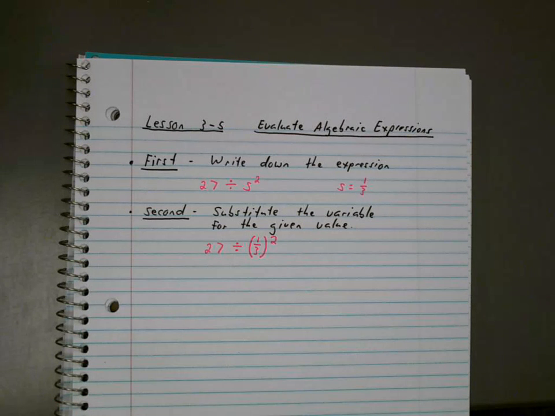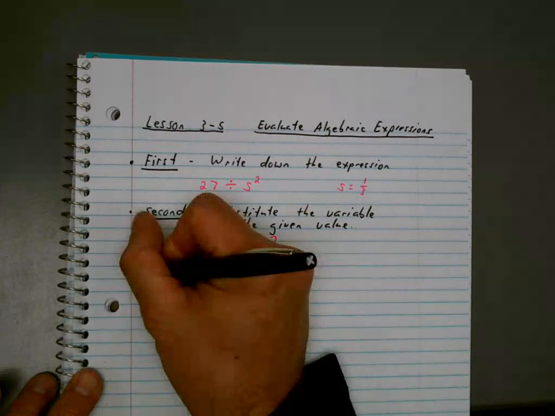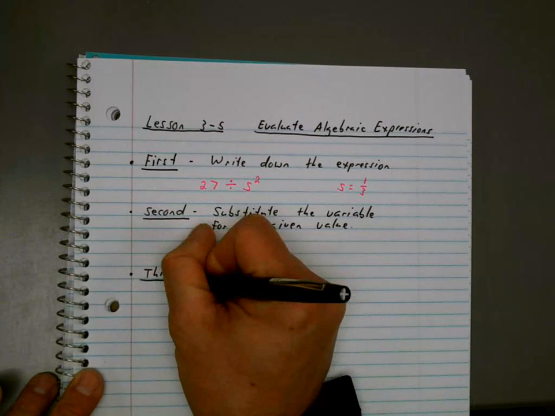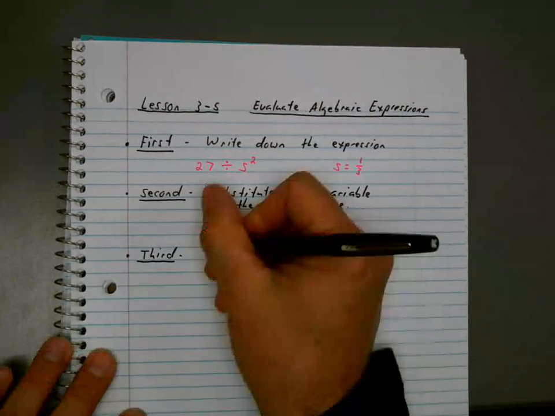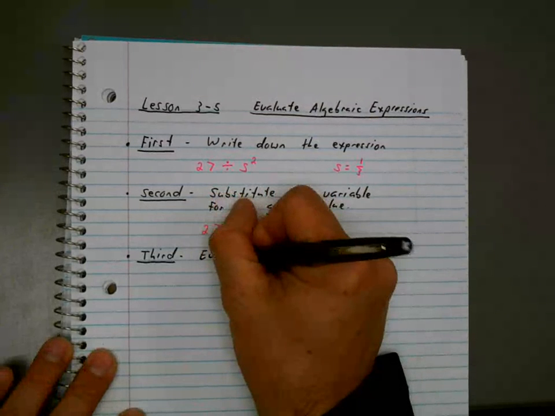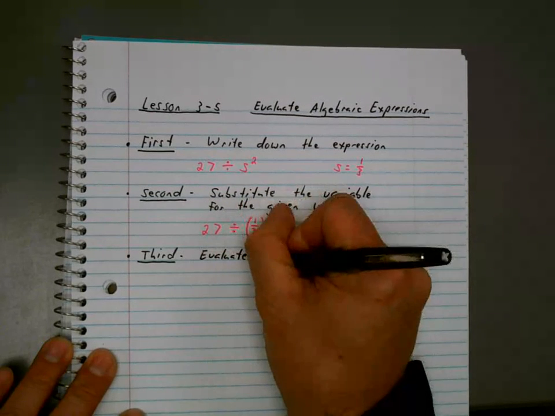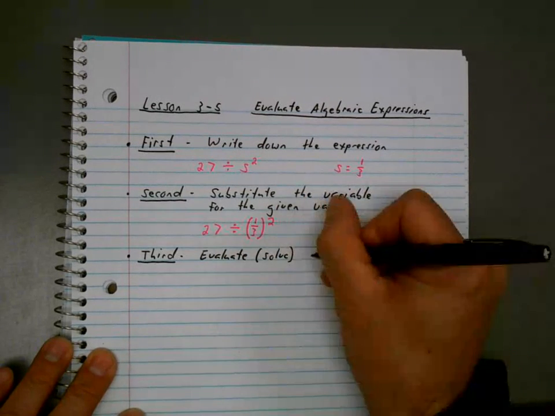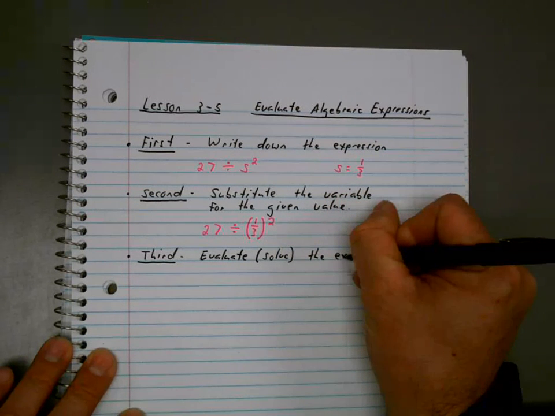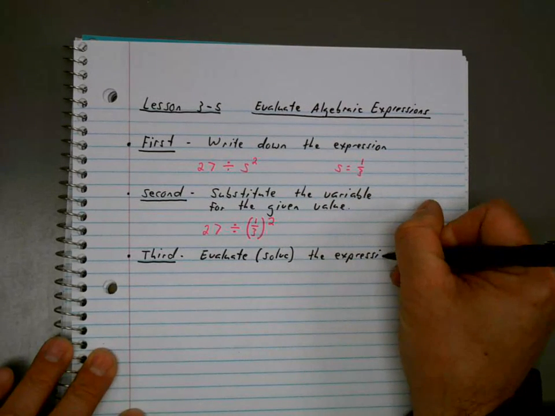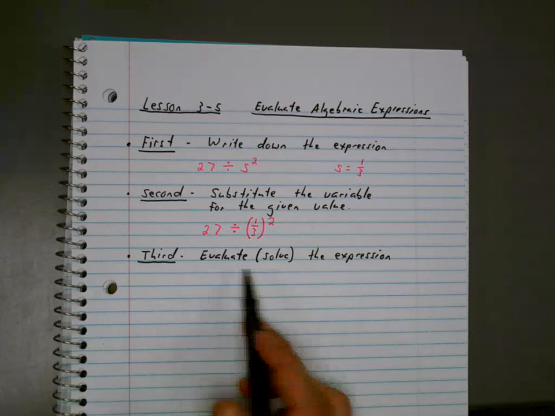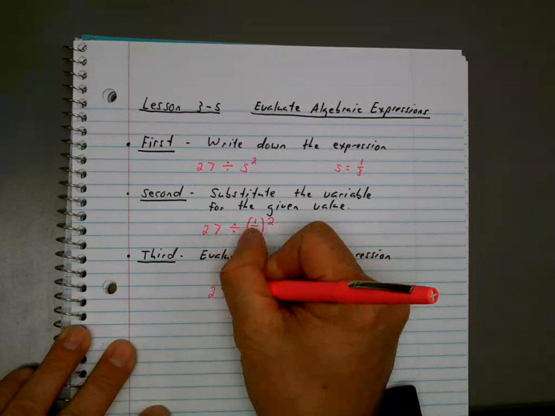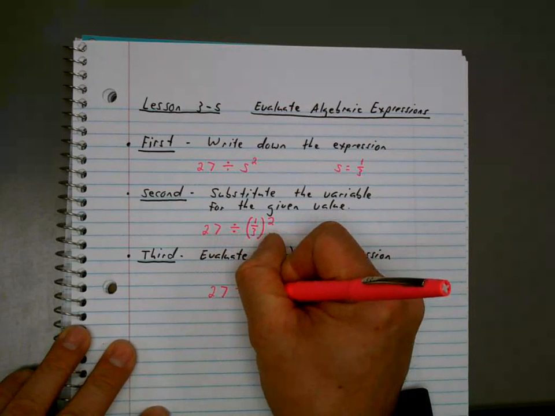So that leads us into our third step. So third, we're going to evaluate. And again, that essentially means solve the expression. So we're going to evaluate or solve the expression. So I'll go ahead and rewrite this problem underneath here. 27 divided by